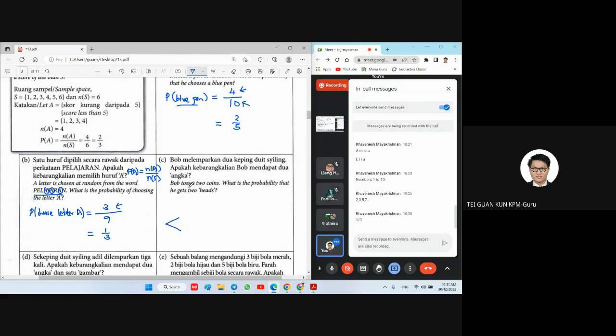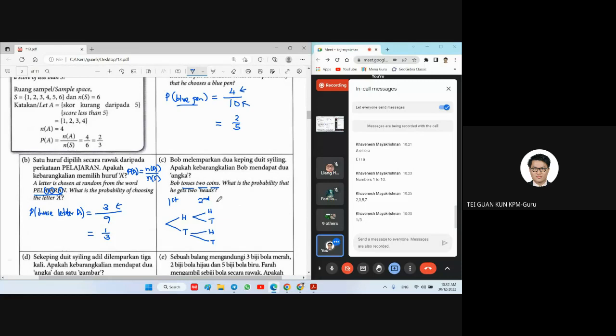Okay, so toss 2 coins. So the first coin, what is the possibility? It can be head, it can be tail. Okay, so this is the first coin. It can be head, it can be tail. Second coin. Okay, second coin. Also, it can be head, it can be tail. So all the